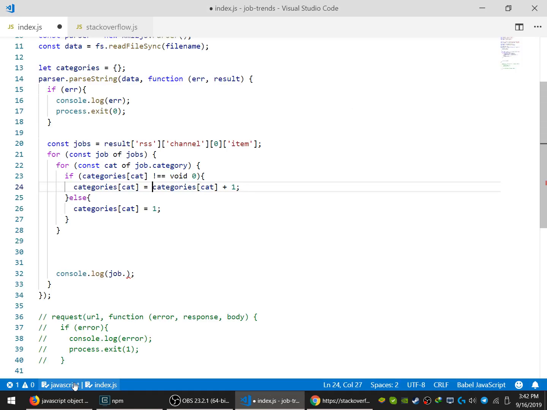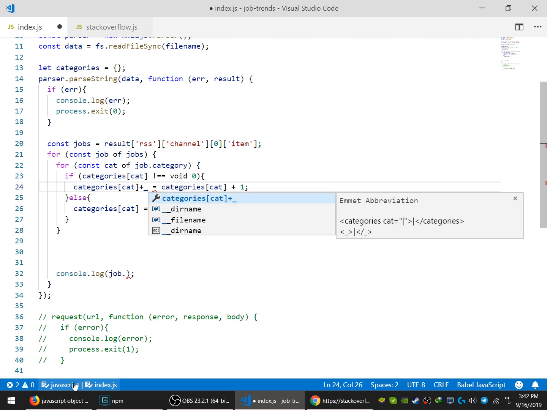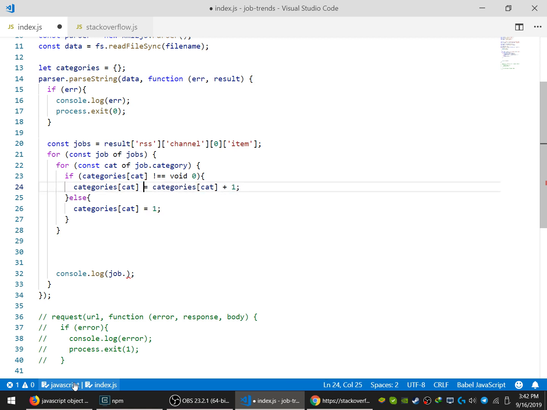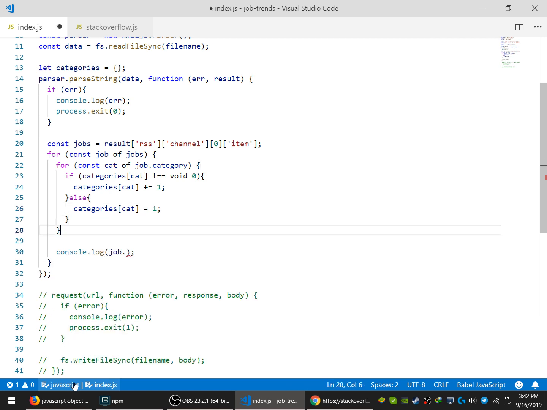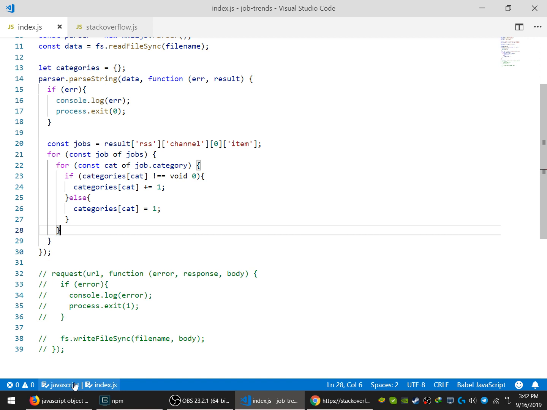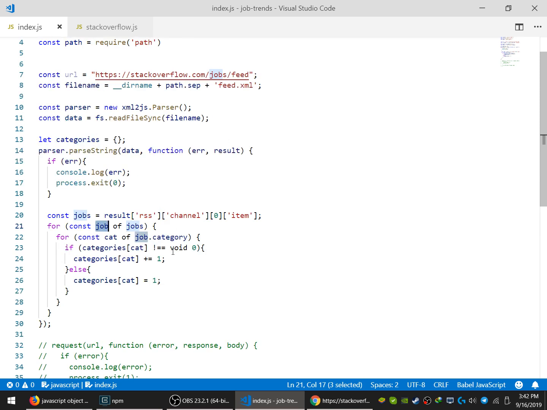Boy, I think I would rather use plus instead of plus plus. Now I do find it kind of hard to read, but then again, so now we're going over each job and its category, and we're gonna see